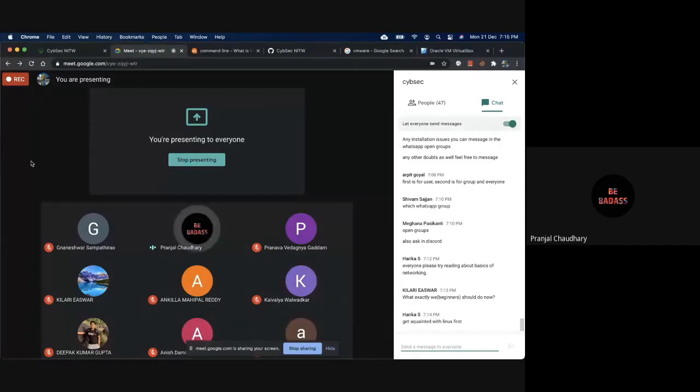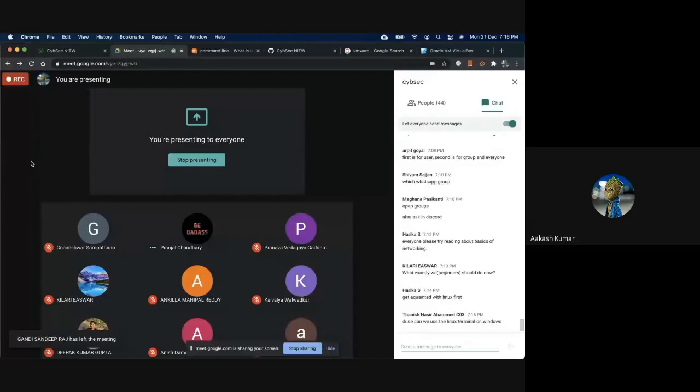Can we leave now? Yeah, you can leave, or if you have any doubt, you can ask anyone else. I've just downloaded Kali Linux and VirtualBox. I'll just watch a YouTube video on how to install them. Yeah, you can see that. In the next meetings, we will be discussing Bash scripting and tools. We will start real hacking. When will the next meeting be? Tomorrow. Just tomorrow. Okay.